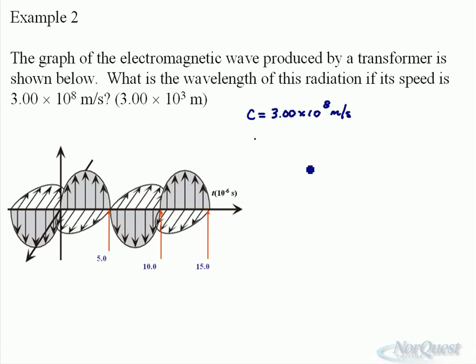Now, what else do we have to know? We want to know wavelength. So if we want to know wavelength, we need to know frequency. Now, I don't see frequency given in this question, but they do give me a graph, and they give me a time for different points on the graph. Well, since